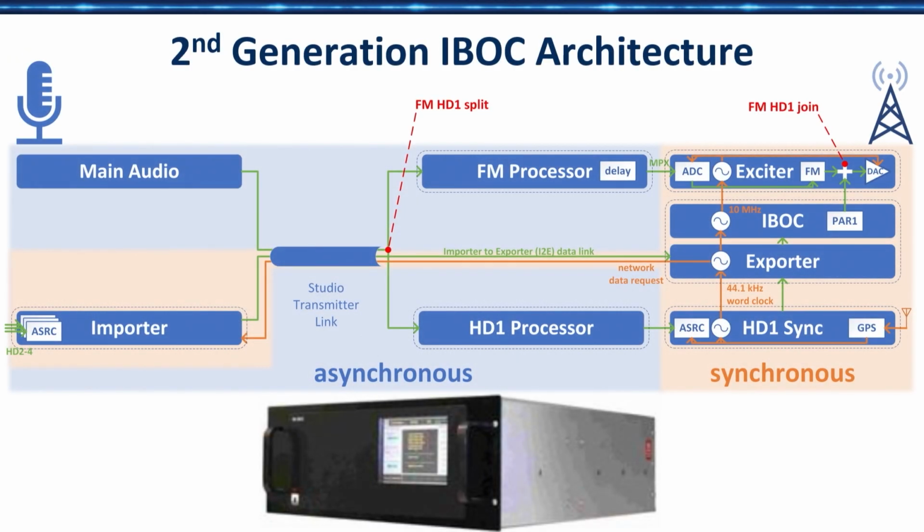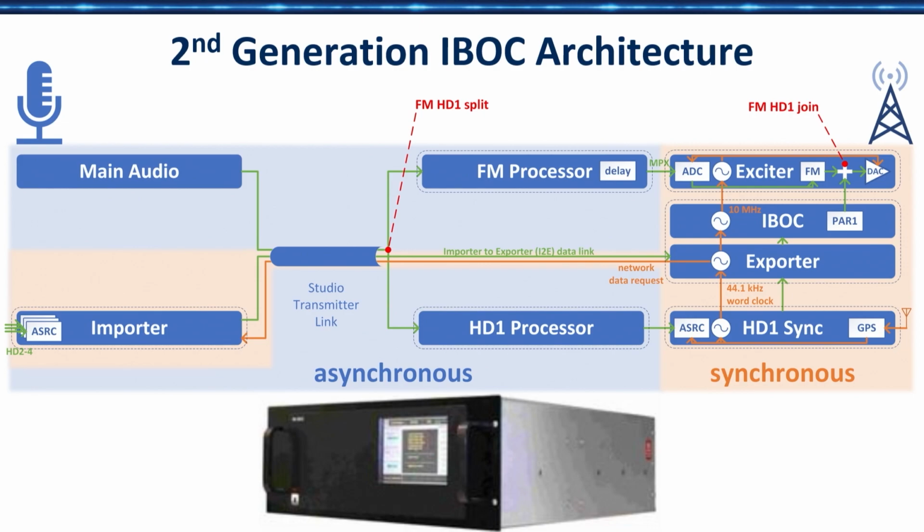A little bit of history, but I don't want to dwell too much on it. Some of you might have seen the box on here. We call it the NEI box. That was the second generation HD radio exciter. It's probably vintage 2005. It's still used in the AM applications with some manufacturers. So that's the second generation.